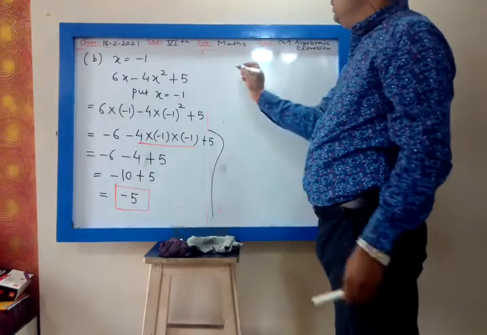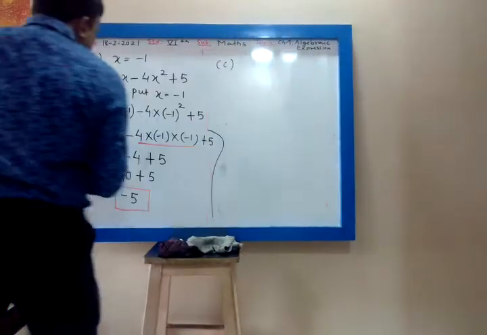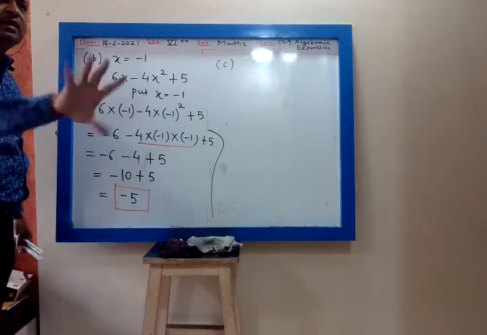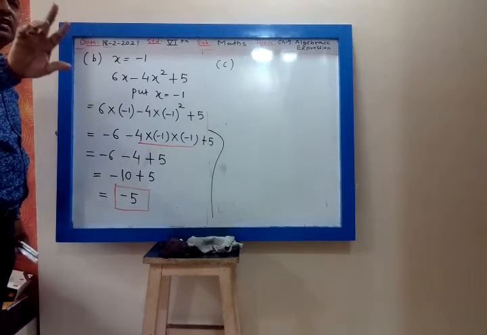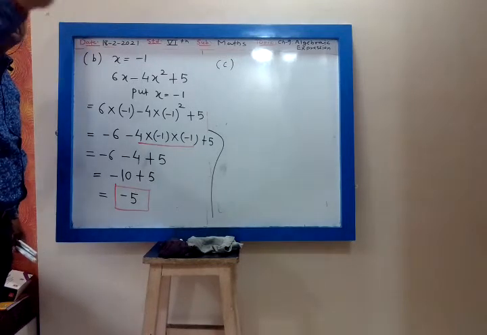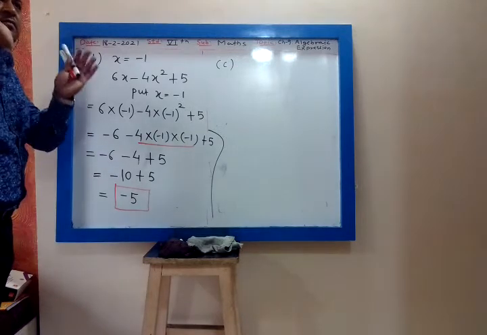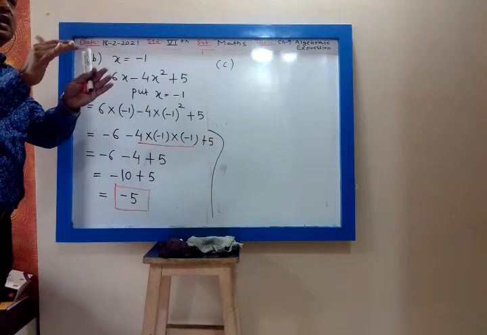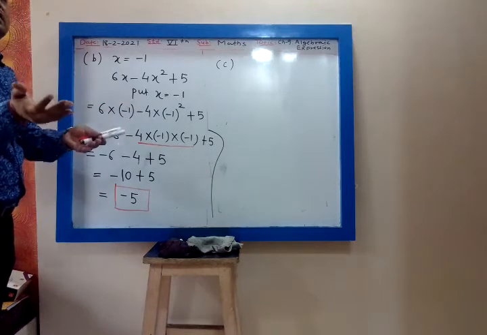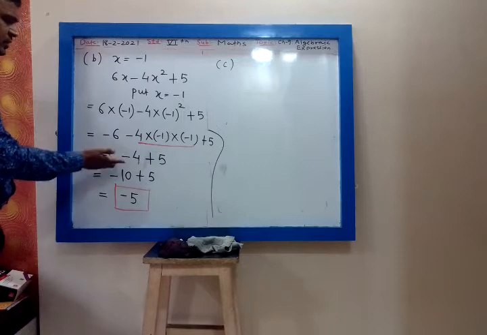Now see, first you will perform these two, no? See, in addition or subtraction you can perform any one. But whenever addition subtraction are with multiplication, then first you have to perform multiplication or division. You have to go as per the hierarchy. First we have to perform multiplication division. After multiplication division, the second stage you have to perform addition or subtraction. Addition and subtraction, anyone you can perform first. You will get same answer.